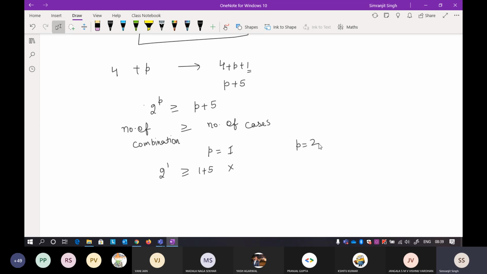So take parity bit as 2, and see, 2 raised to power 2 is greater than or equal to 6. Is this possible? 4 is greater than or equal to 6 is again not the correct condition. That is wrong. Now you have to take a parity bit of 3. If you take a parity bit of 3, 8 is greater than 6 here. So for a 4 bit message, you have to take a parity bit of 3.